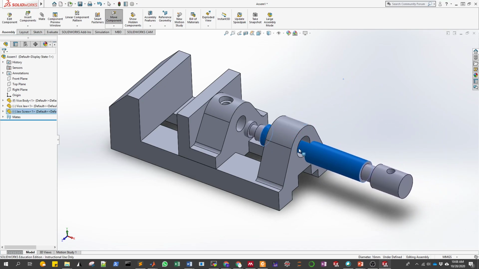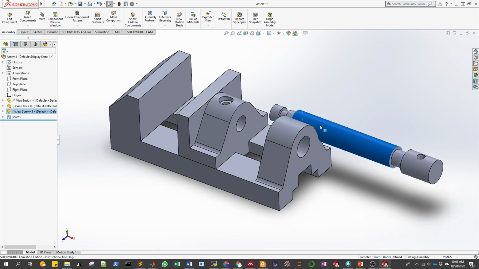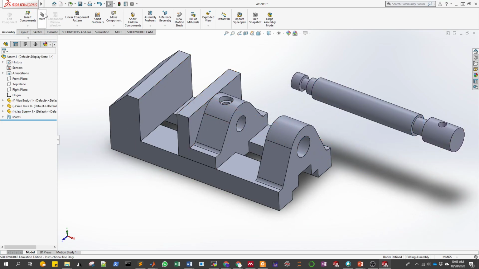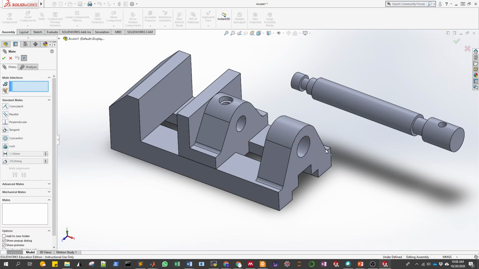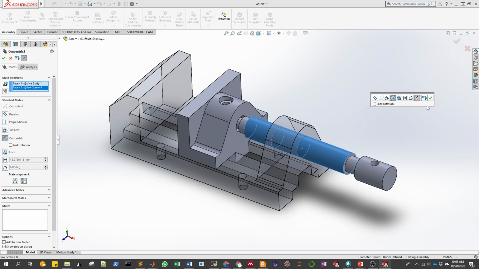Again, I know that this one should go here, and this will be like a screw, and this will control the position of the jaw. So what I'm gonna do is add a mate relation between this cylinder and this other cylinder, and then they are concentric, and then I can click here in the check mark or here in this other check mark,